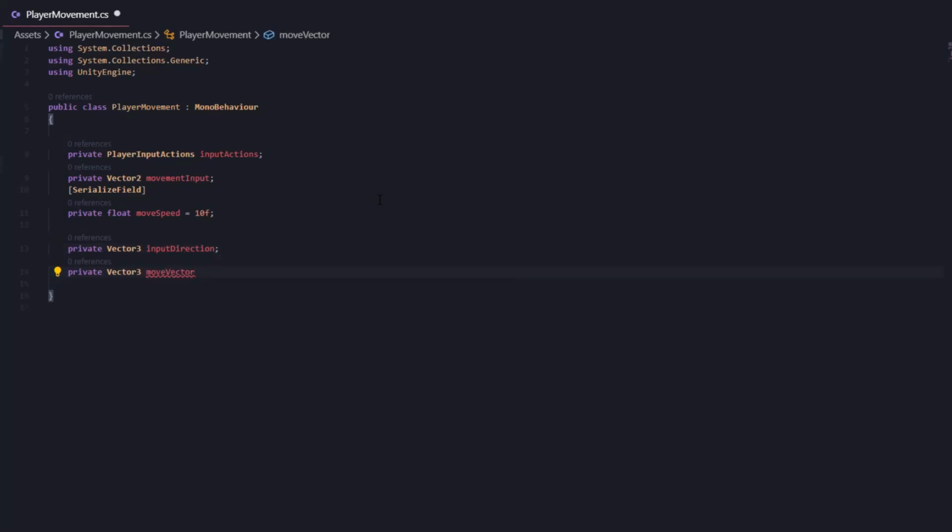We also want a private Vector3 called moveVector, and we also want to store a rotation. So private Quaternion currentRotation. The next thing we need to do is initialize our input actions. So we will do that inside of an Awake void. So type in void Awake,